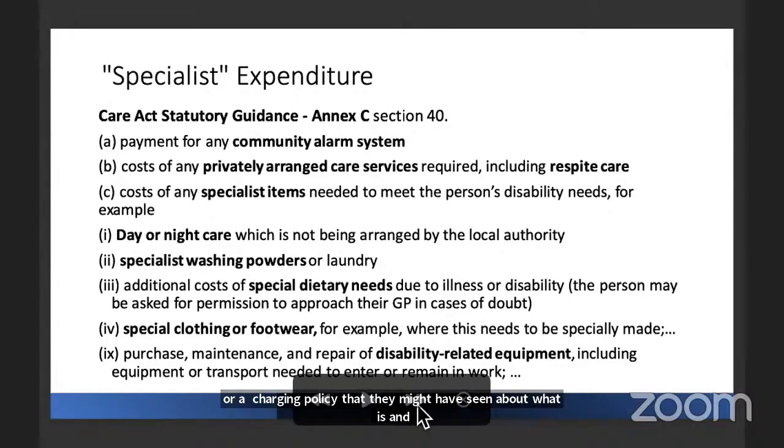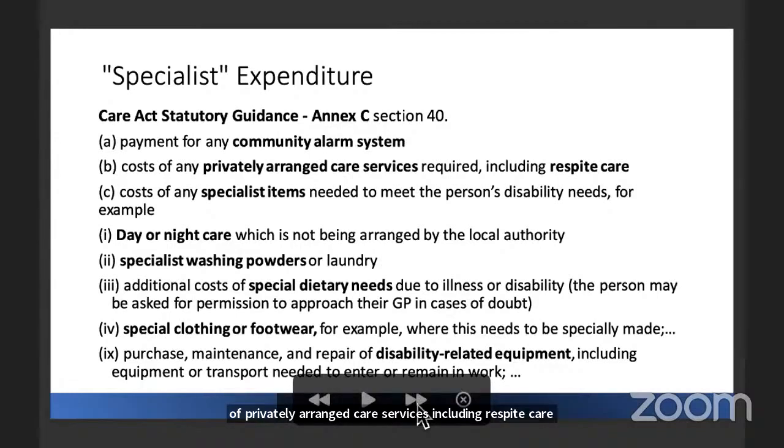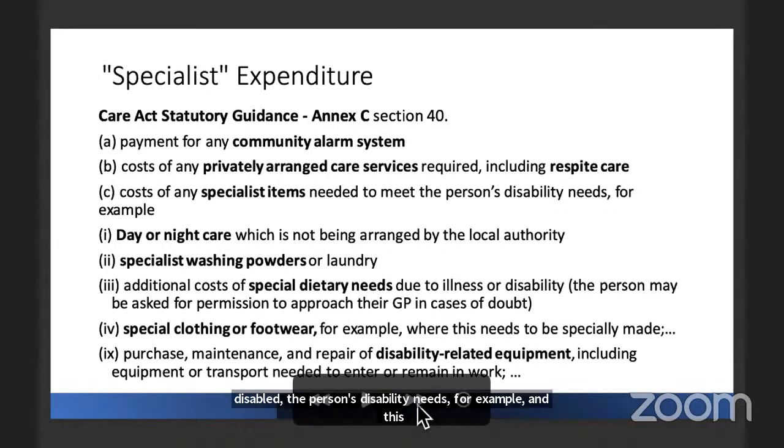So going through them briefly, you have payment for a community alarm, cost of privately arranged care services, including respite care, and costs of specialist items that are needed to meet the person's disability needs. For example, and this is very important because the following list gives examples, they're not the only things that you can have, they're just examples. So with specialist items, they have day or night care, which is not being arranged by the local authority, specialist washing powders,